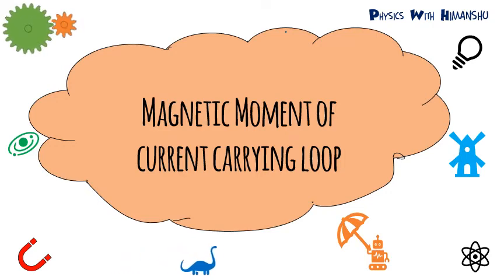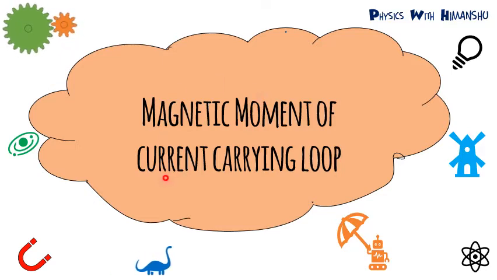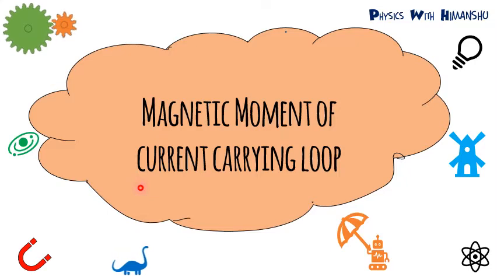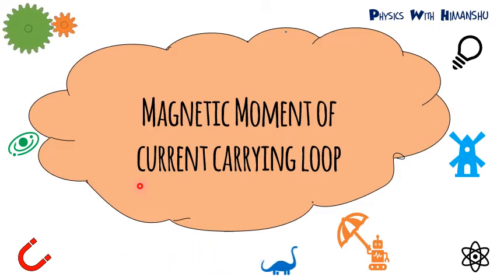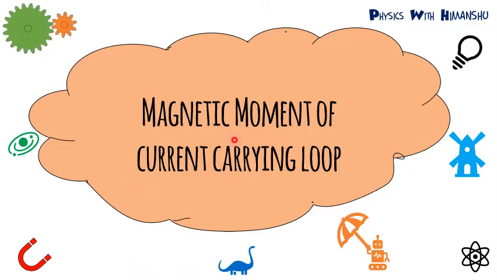Okay, hello everyone. So our next topic is magnetic moment of a current carrying loop. Remember, this topic is slightly different from whatever we have been reading in magnetism till now, because this topic is independent and it will be useful in chapters 4, 5, 6, 7 and even in the last chapters. So please try to learn how to calculate magnetic moment. It's very important and a very tricky topic. I'll start with the basics and then the numerical part.